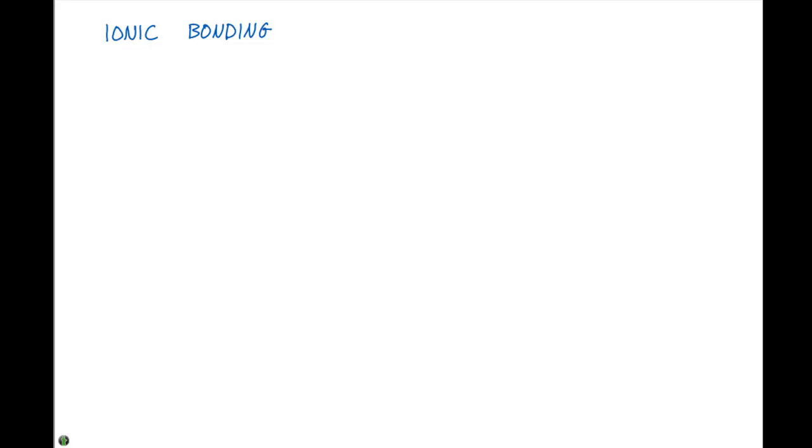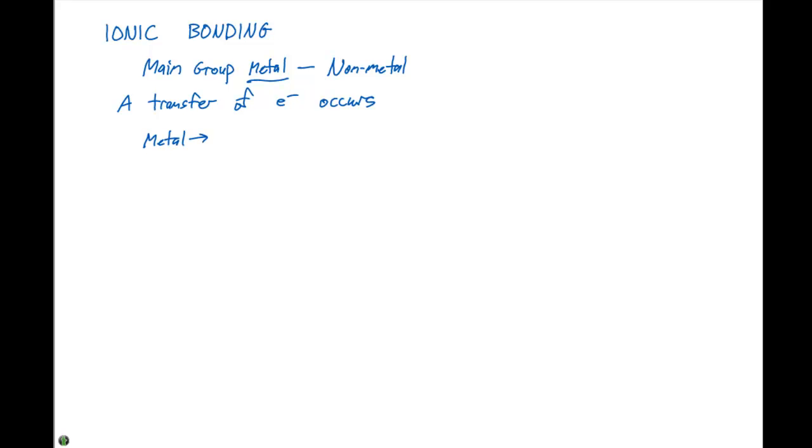The first type of bonding we'll investigate is ionic bonding. And typically, when we observe ionic bonding, we have a main group metal bonded to a nonmetal. And in this process, a transfer of electrons occurs. So the metal will lose an electron, forming a cation,